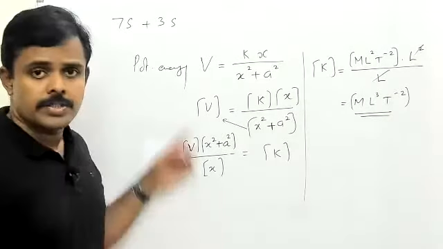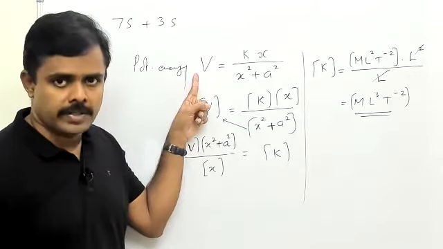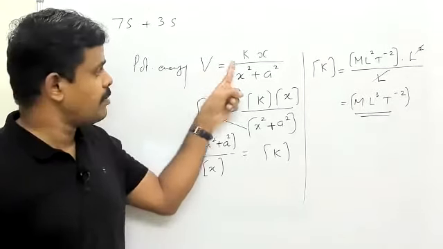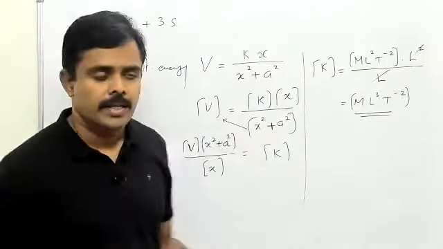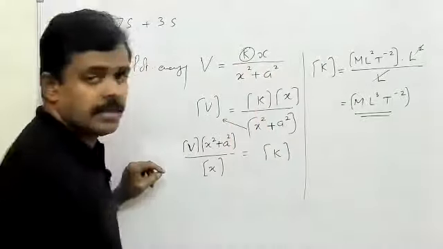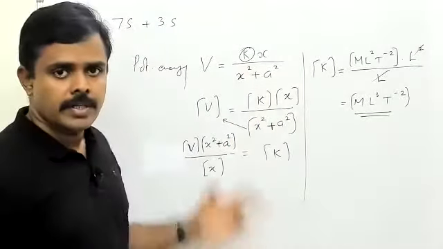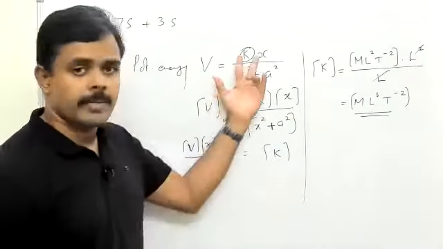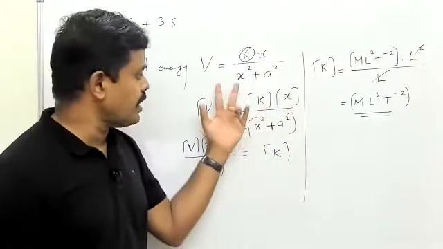One more time. So they have given potential energy. This is not velocity, remember. This is potential energy. It is given by Kx divided by x square plus a square. They are asking you to find the dimensions of K. So I apply dimensions to all the terms. Dimension of potential energy is equal to dimension of K into dimension of x divided by dimension of x square